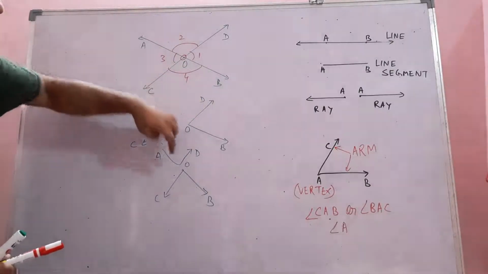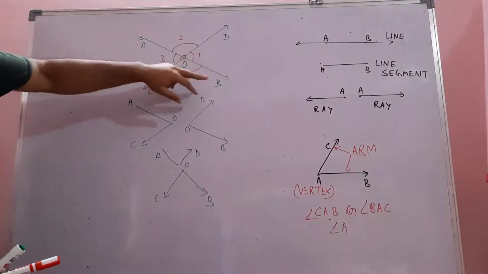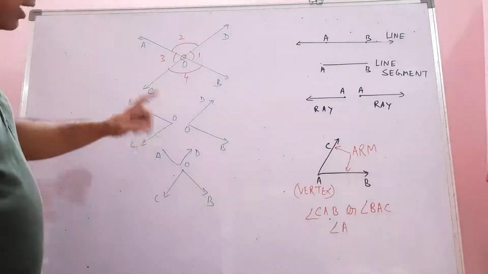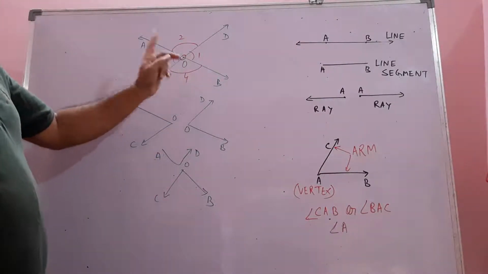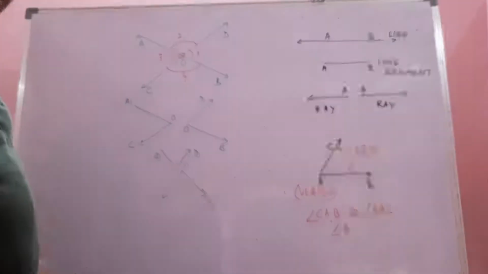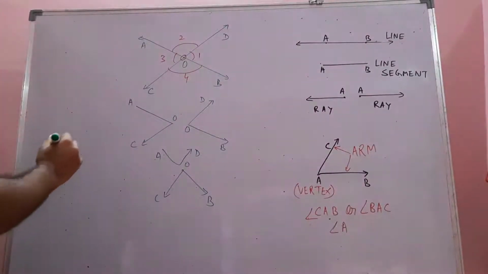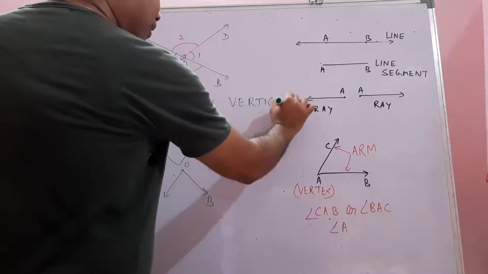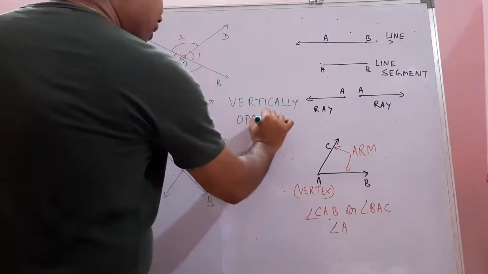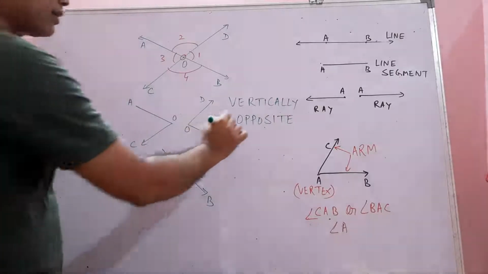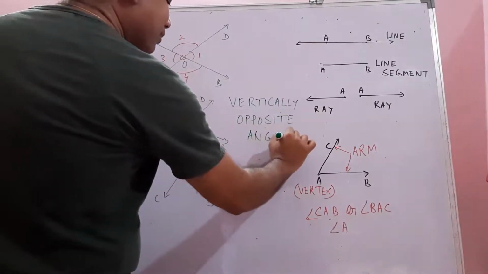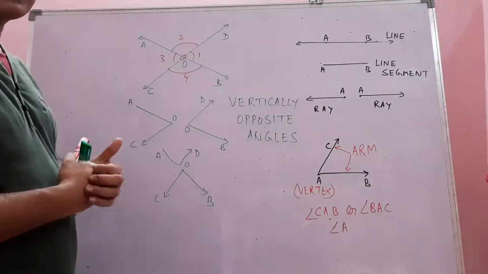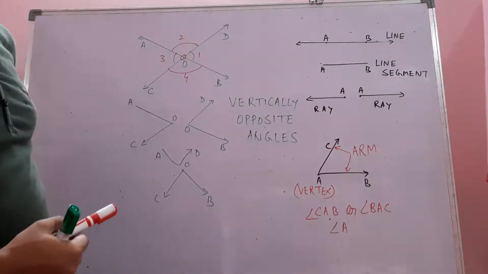That means these two pairs of angles, which are formed as a result of intersection of two lines or two segments, have a common vertex, but they are on opposite sides of the vertex. So they are called vertically opposite angles. So when vertically opposite angles form, if two lines or line segments intersect each other,